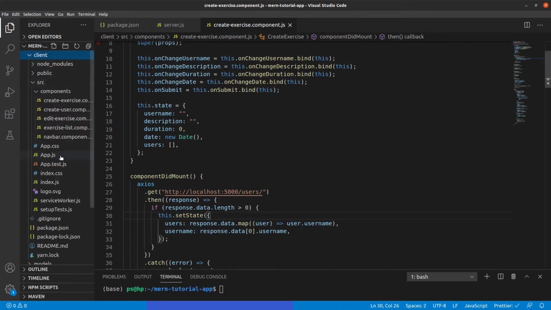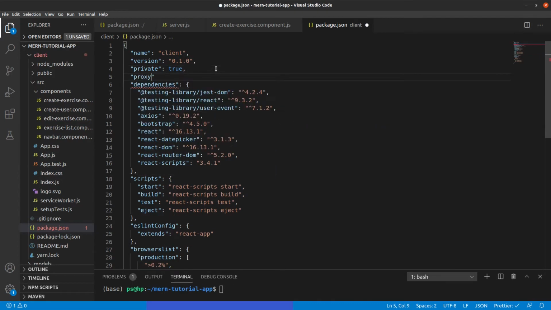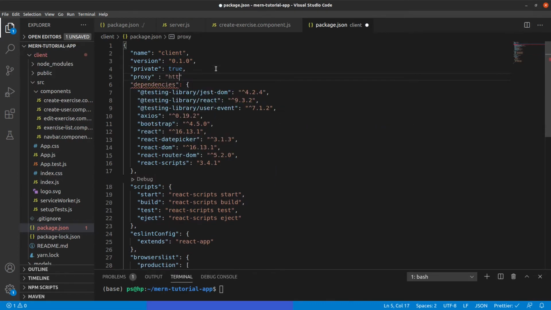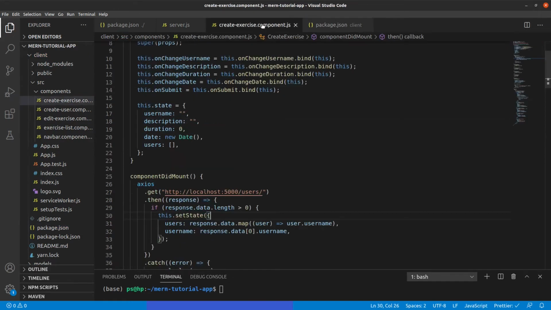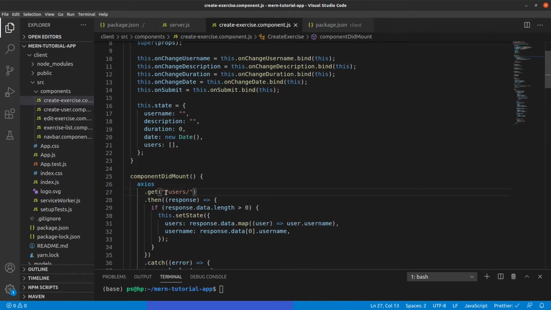To create a proxy, let's go to the package.json of the client and create a proxy here. So let's tell it that you can just find the server on the localhost itself. Okay, so yeah, proxy part is done. So with that, I think we'll have to get rid of this. What the proxy does is, whenever you are doing an axios.get, the proxy is going to be appended to each network call. So this gets translated to http://localhost/users.